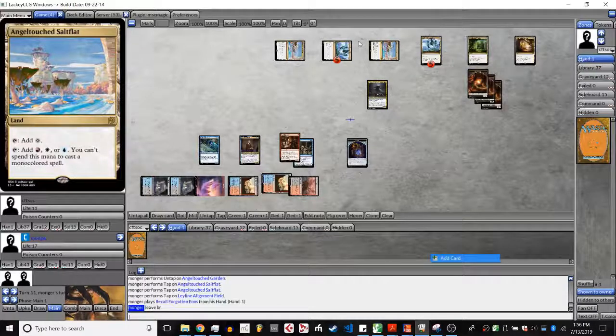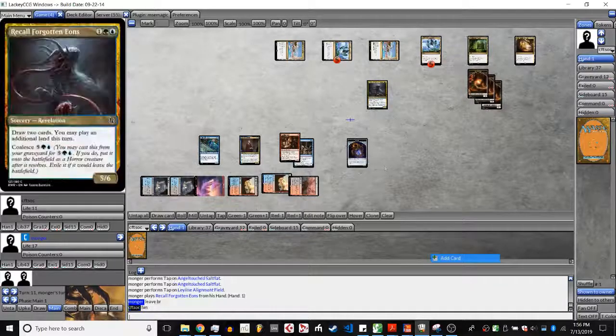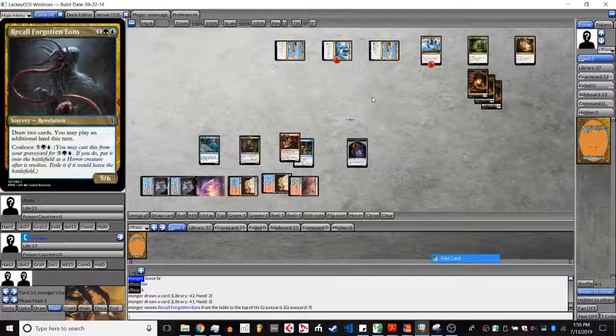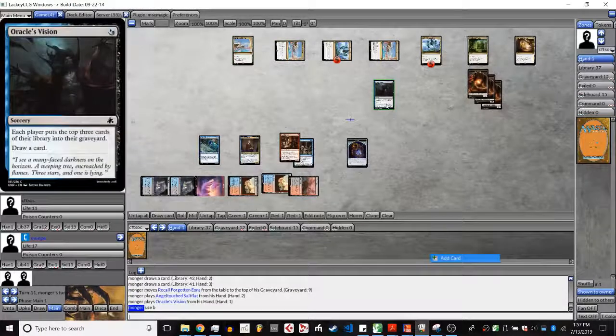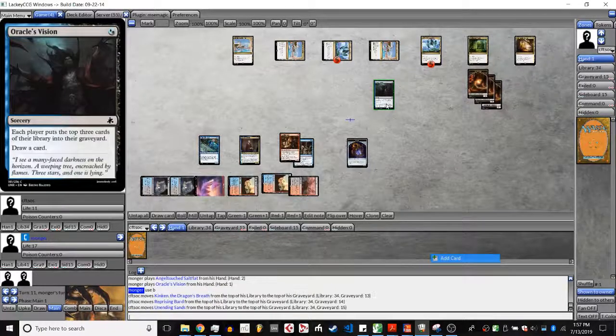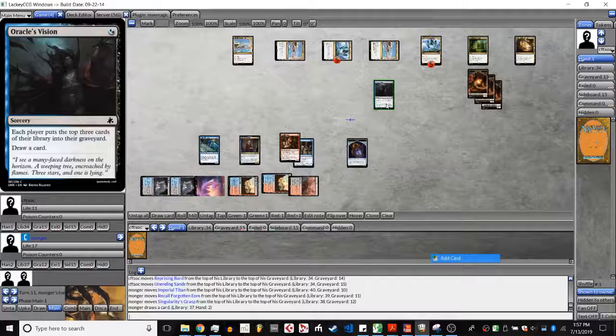Okay, so he's tapping out for the Recall Forgotten Aeons. That was from his hand. And he's leaving BR up. So that gives him back some card advantage. Yeah, I don't think cftsoc is going to counter that yet. He's okay with Monger having stuff, I guess, as long as Oracle's Vision. Again, this is likely to resolve. cftsoc is thinking about it. Oh no, he's not. Okay, so